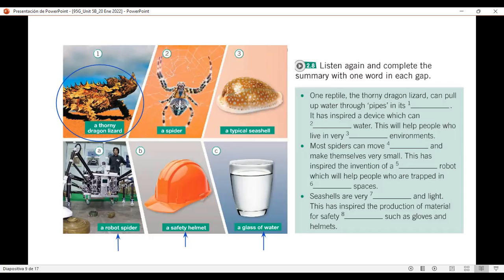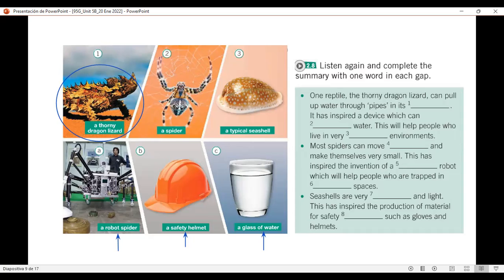That's fantastic. And what other ideas have we taken from nature? Engineers are doing a lot with robots these days. For example, there's the rescue robot. It's just like a spider because it moves on 8 legs. And so it can move very quickly and make itself very small. So these rescue robots will be able to help people who are stuck in small spaces or who are trapped in buildings, for example, if there's an earthquake. So they'll be able to help save lives?